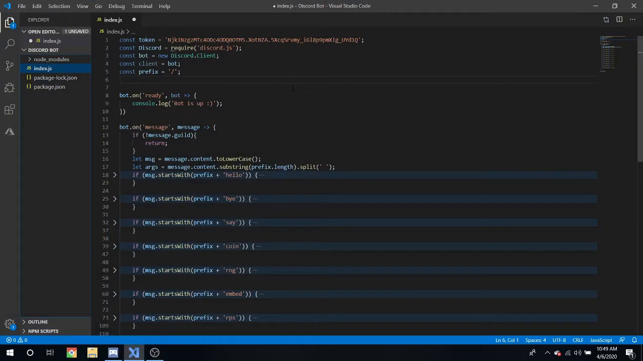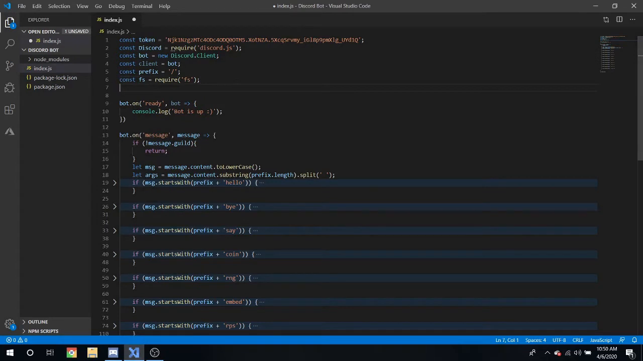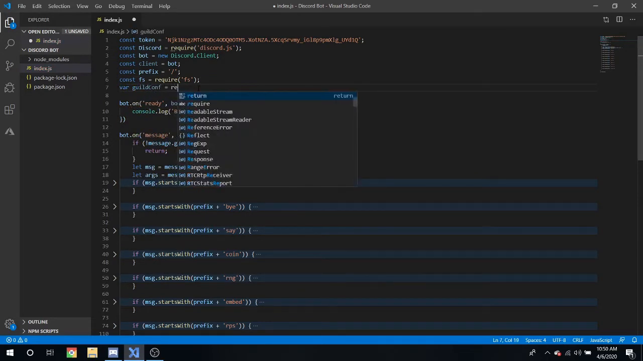We're going to start off by defining a few things. We have a const of fs equals require the module fs, just like how we did for discord.js. Next we're going to have var of guildconf equal require